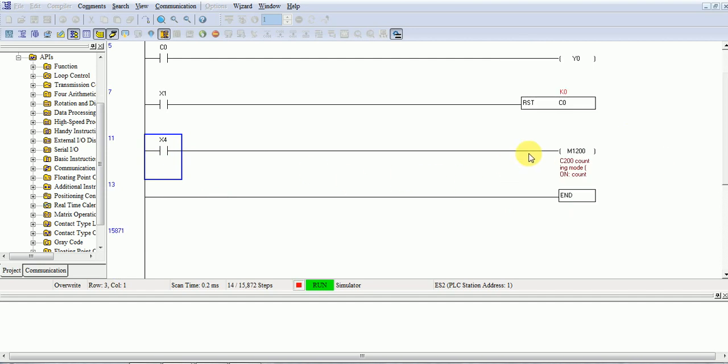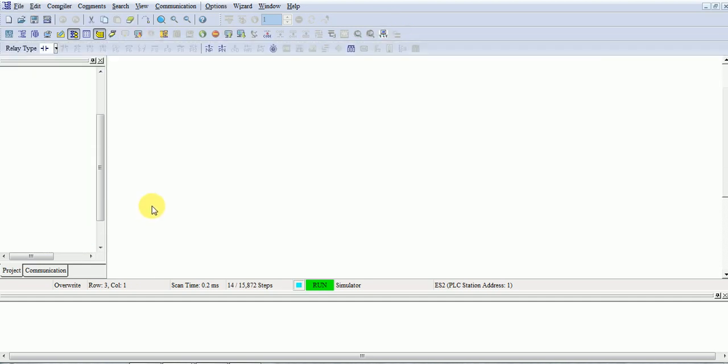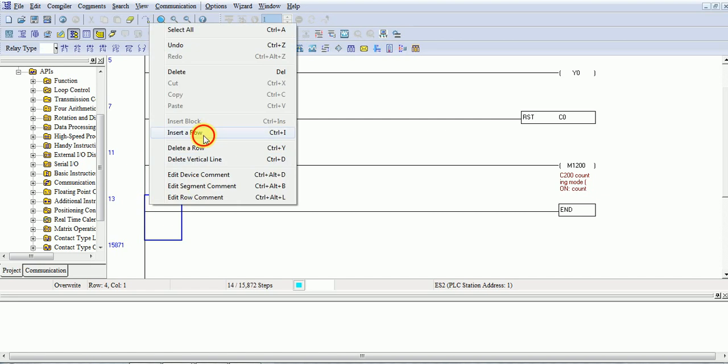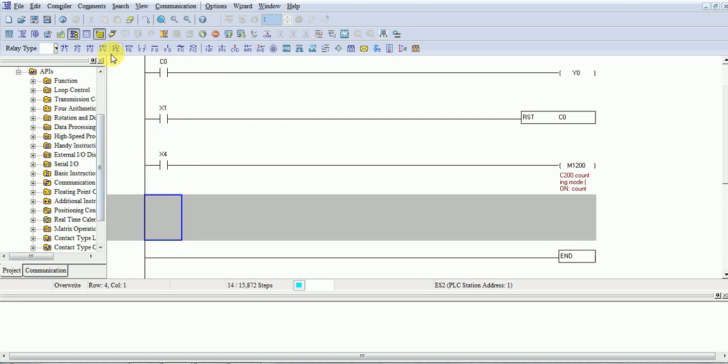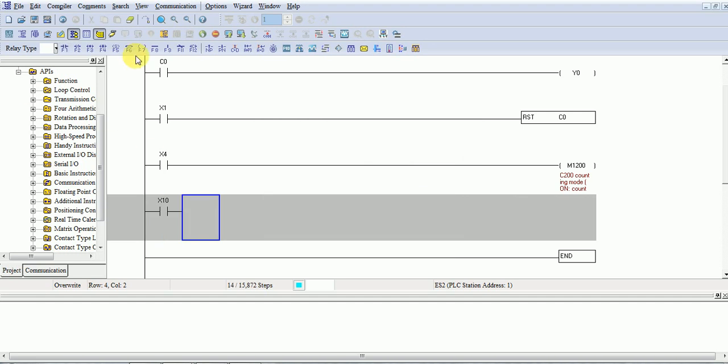Now, I forgot to take the second counter. Instead of this, take any input and take the second counter, C200.